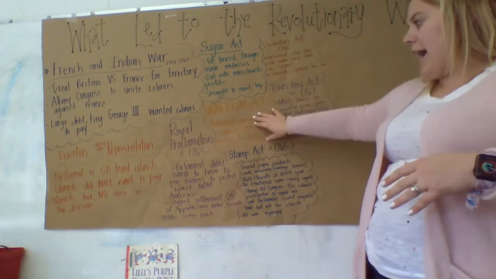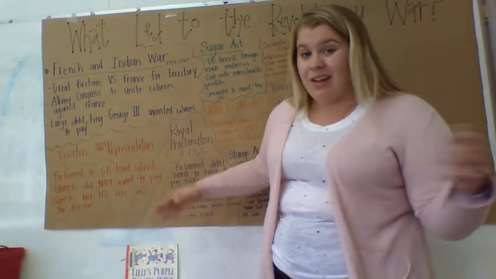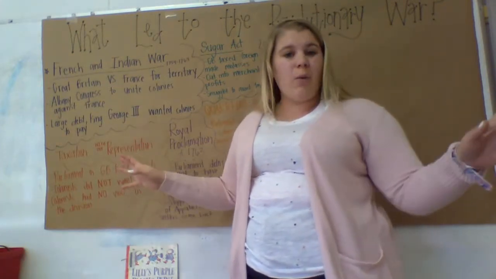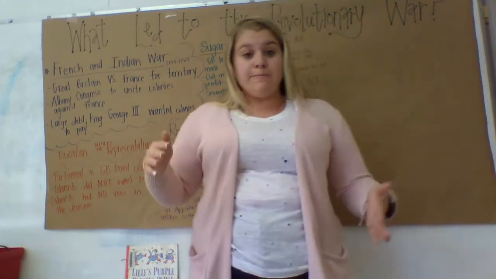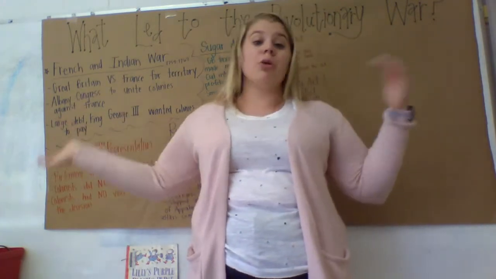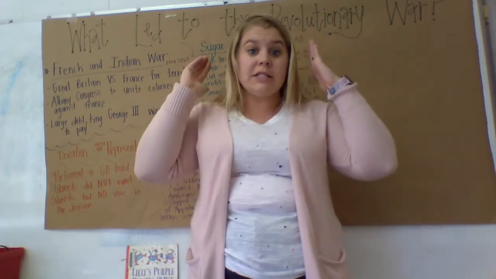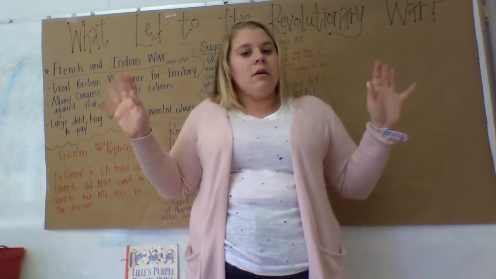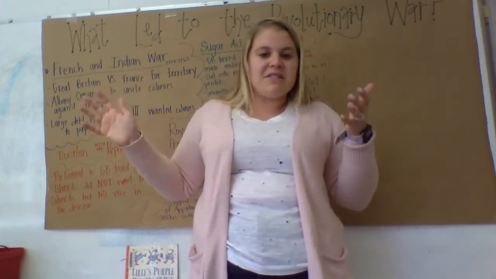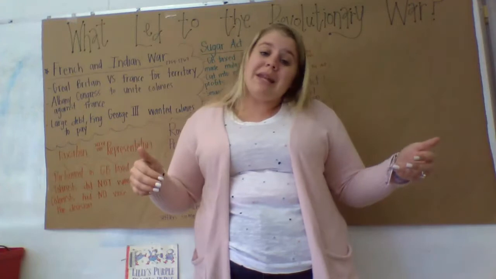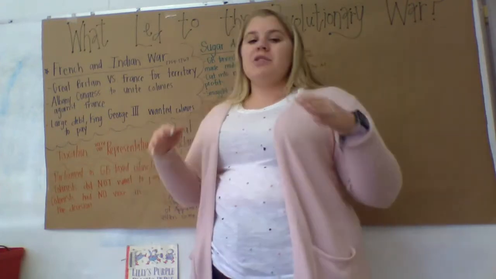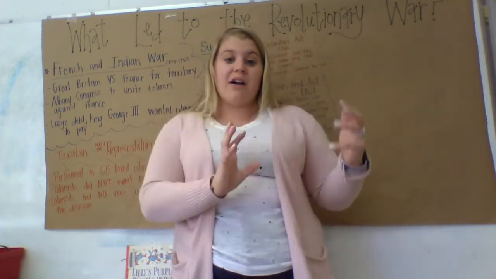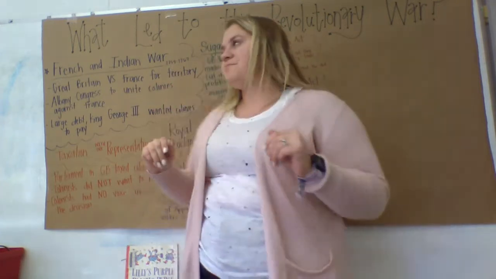Then came the Quartering Act. So remember back in our Royal Proclamation, the colonists didn't even want the British soldiers there. They were like, we don't need you. We really don't want you, because the soldiers were super loyal to the king, super loyal to Parliament. They wanted everything done. They were there to enforce the British law. And the colonists are like, listen, we broke free. We're kind of done with them. They're there. That's fine. But we're our own people. We don't really need you. We're fine. So there was already some tension and some animosity between the soldiers and the colonists, because the colonists didn't really want them there.